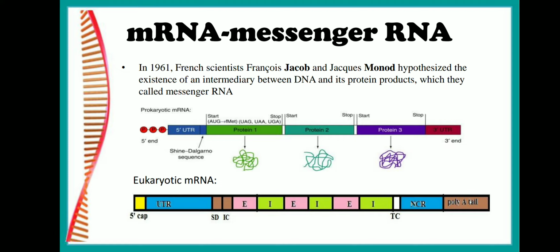This complementarity of the DNA and RNA is demonstrated by hybridization experiments in which artificial RNA and DNA double strands are produced. Hybridization takes place only if the DNA and RNA strands are complementary to each other. So they have done some hybridization experiments to show that the template strand of the DNA is always complementary to the RNA strand.